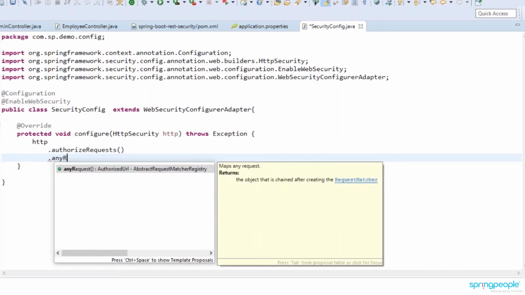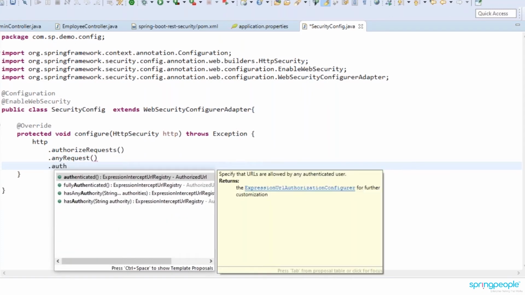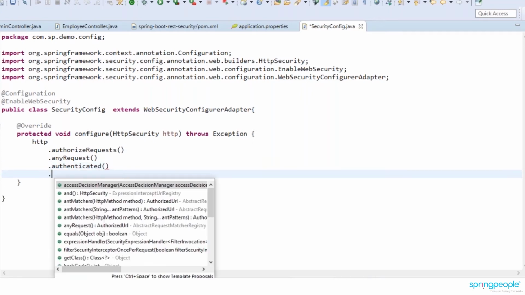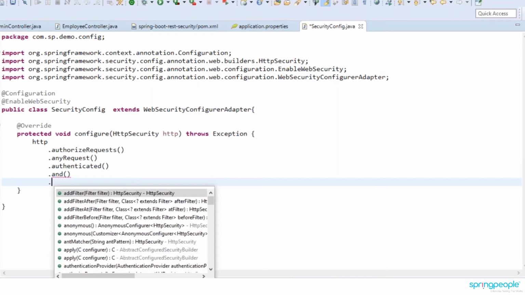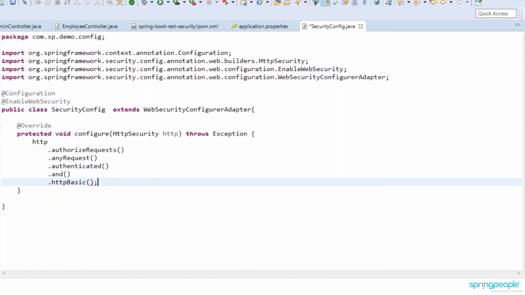Any request should be authorized, so I'm allowing any request. Each request should be authenticated. You can specify the URL which an authenticated user should be allowed. And I want to configure HTTP basic, so I'm configuring basic authentication.